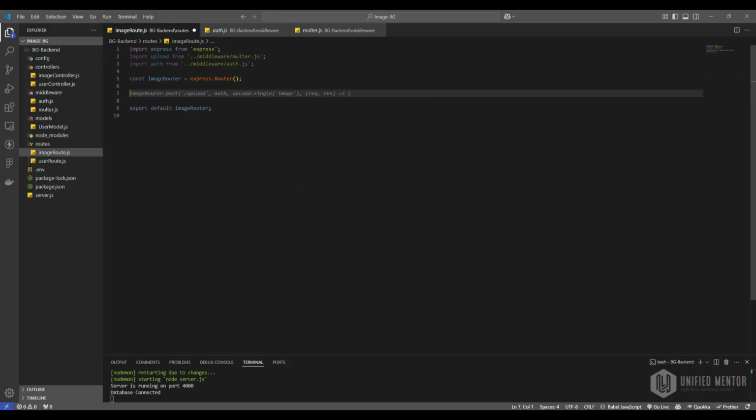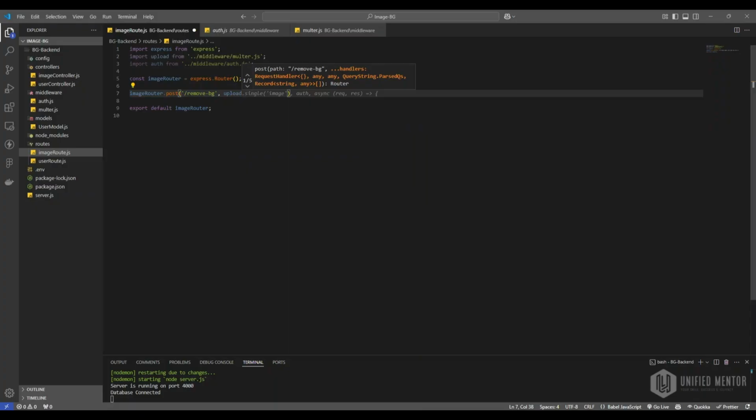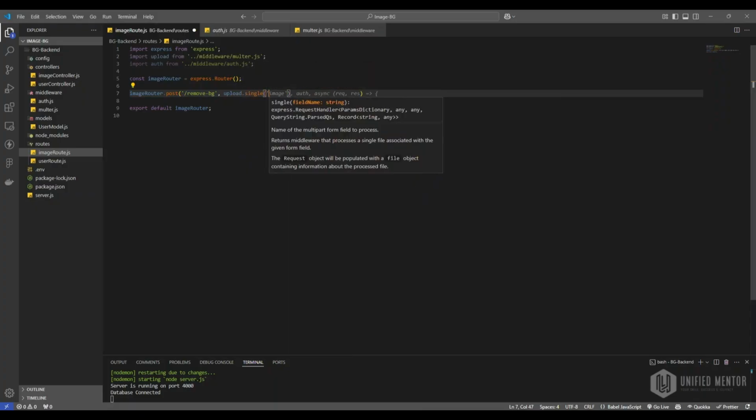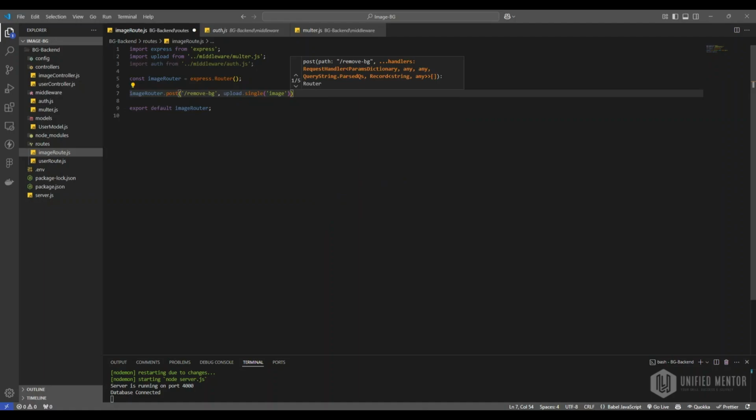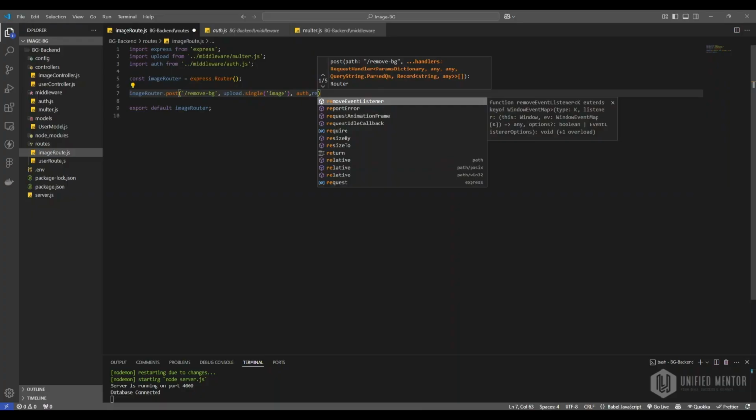Here we will create an endpoint for imageRouter. For that, imageRouter.post, where we will hit remove-bg, where in this middleware we should upload the file. For that I will use upload.single with the name image from our upload middleware, where it will take one file, and we will check the auth also for the JWT token, and then only we will go for this remove bg controller,